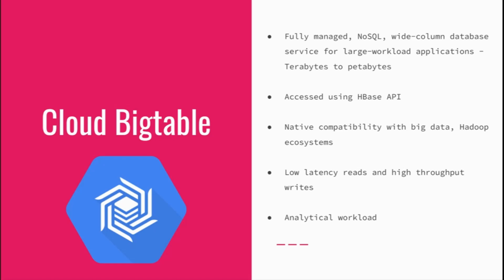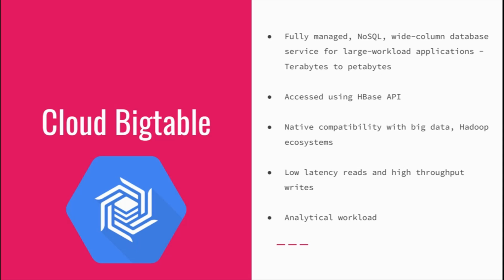It is built for real-time app workloads, and also it supports analytical functions as well. So if you want to run a MapReduce on top of it, if you want to run a Cloud Dataproc function on top of it, you can still use Bigtable over here. So there are multiple ways Bigtable can be used. It can be used for low latency querying, as well as for analytical workloads. I'm going to talk about processing more in my future videos. Here, I'm going to focus more on the storage side of it.